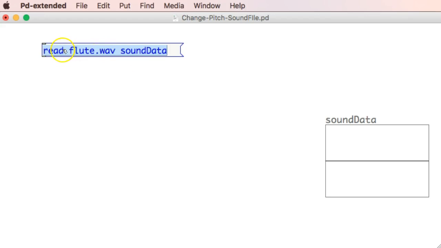The message by itself is just a message. It isn't actually doing anything, it's not an object. The object that actually gets this flute.wav file and gets the data and puts it into the array soundData is called soundfiler. Very powerful object, and if you want to know more about it, just go into the help menu for it. So I'm going to connect those two together, and if I run it and click on the read message,